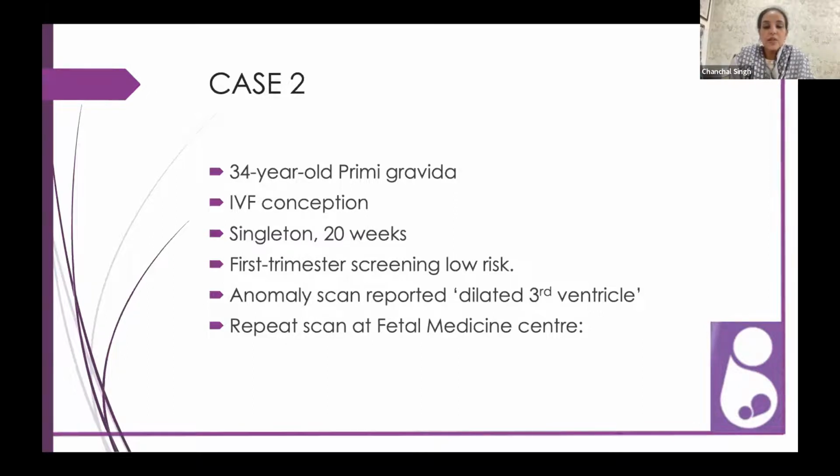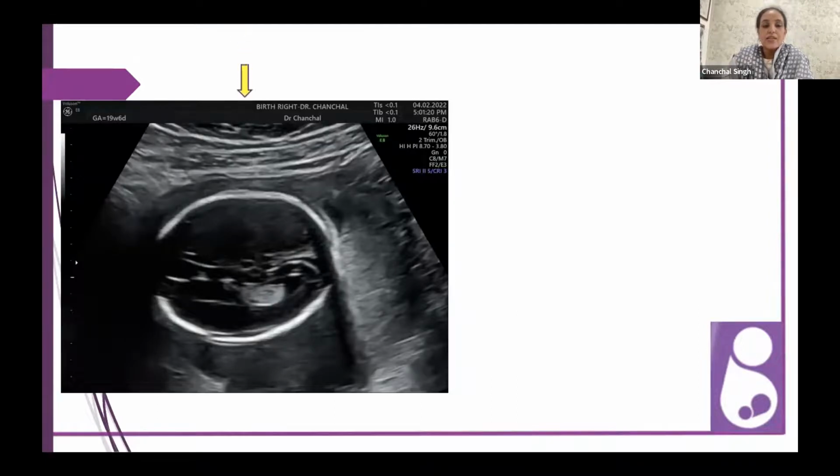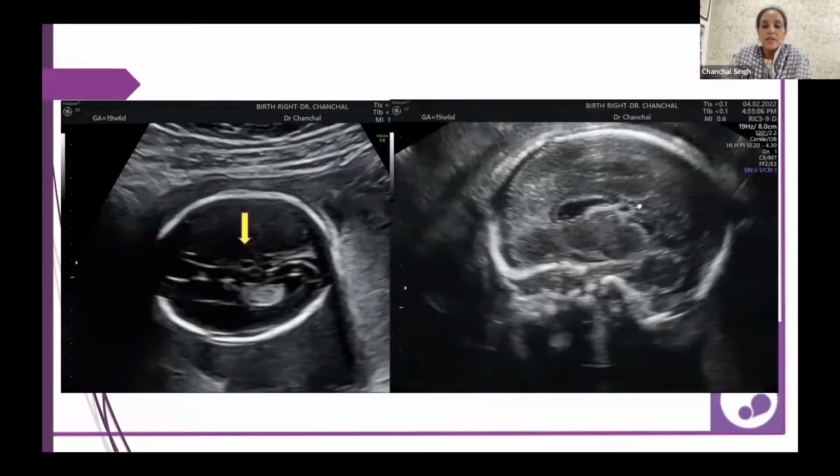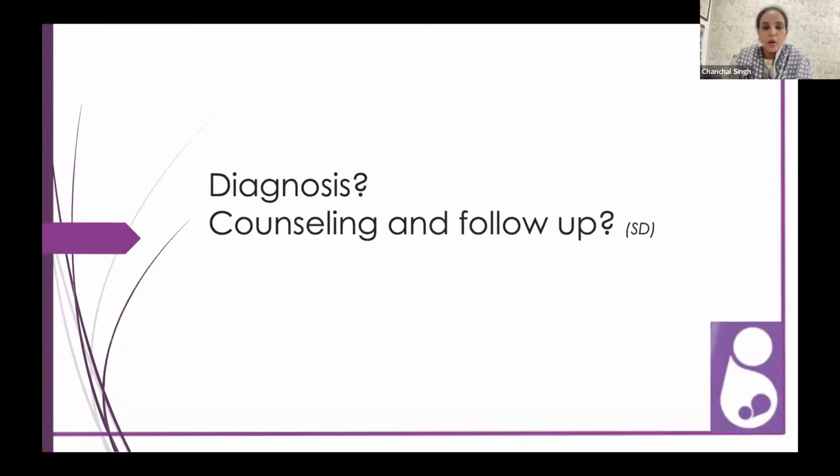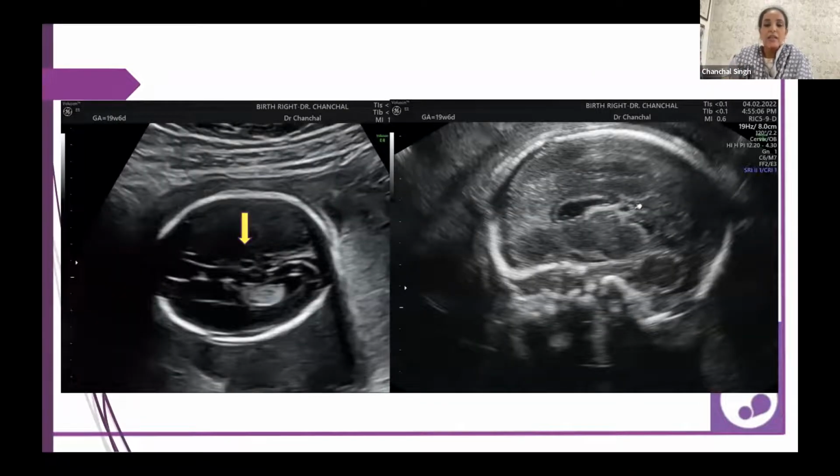The first trimester screening was low risk, and the anomaly scan reported a dilated third ventricle, and she was sent for a repeat scan. So this is the ultrasound which was done with us. Would you like to comment on the ultrasound images, Dr. Savita? Yes, ma'am. So on the axial section, we are seeing this midline anechoic cyst, and on the sagittal section,